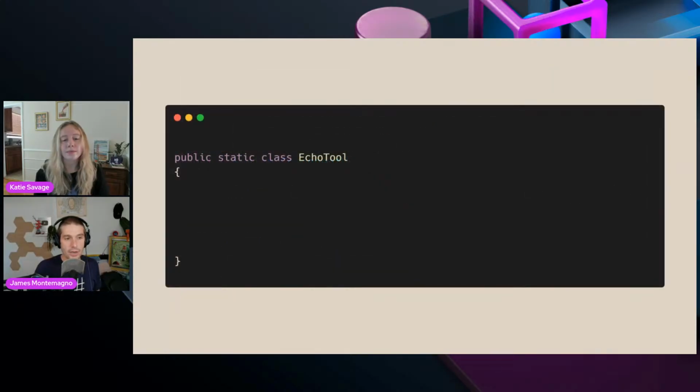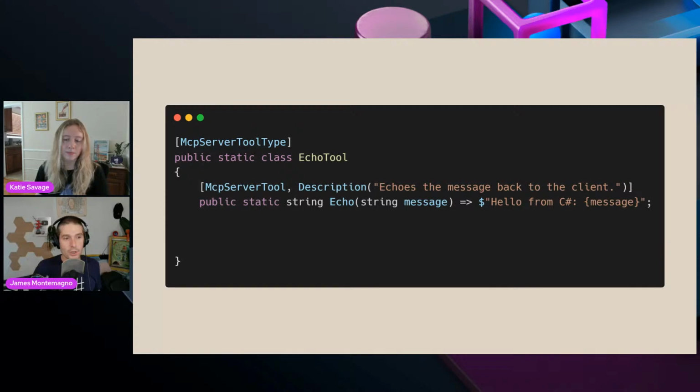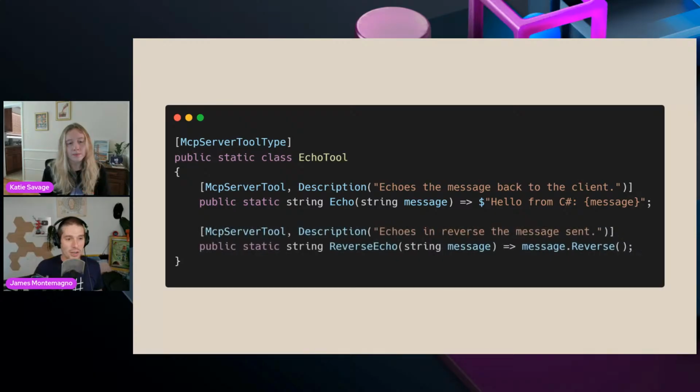And then you want to create and expose these tools, prompts, or resources. So for example, what they have in the documentation is an echo tool. You would expose this class as a server tool type, so it would know how to scan and look for these things. And then you expose tools. So you can have one that says echo that just outputs exactly what you put in. You could have one that's reverse echo, right, and reverses the string. And notice that the parameters are things that the LLM will figure out and pass directly into the tool itself. And you can have descriptions, and those descriptions are important because that's what the LLMs use specifically to do that, which is great. So it's really simple.